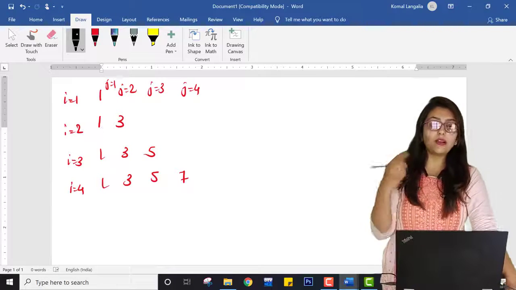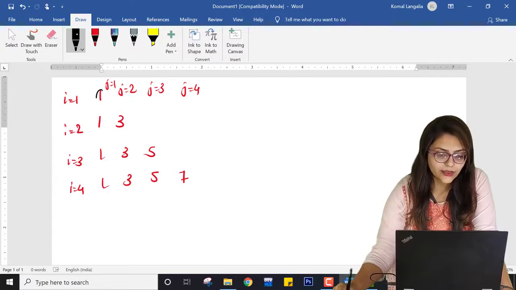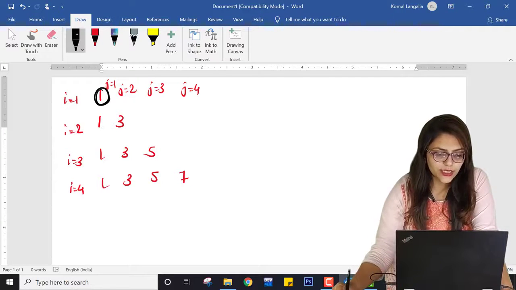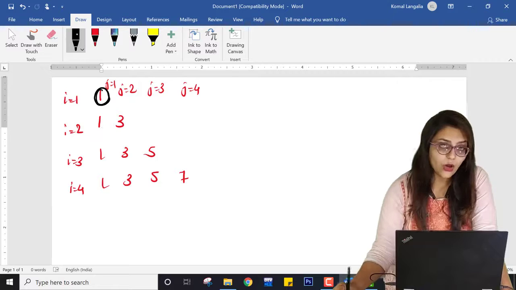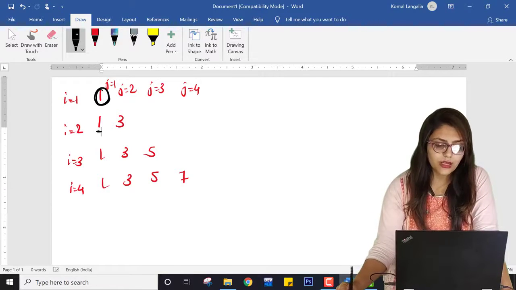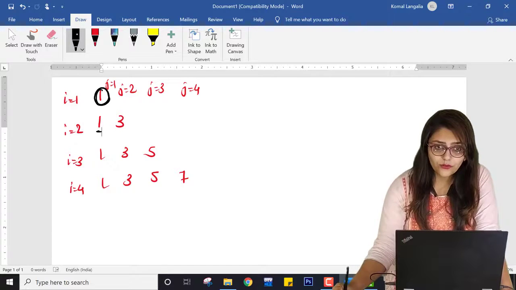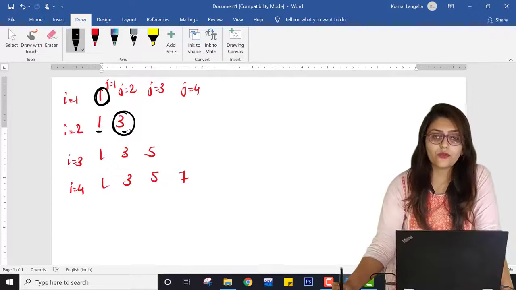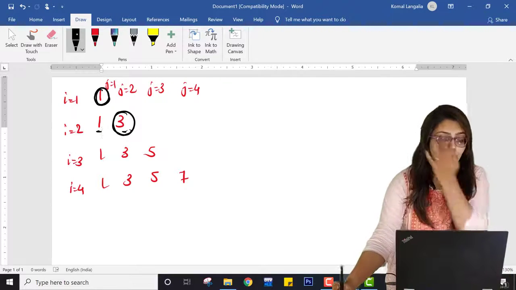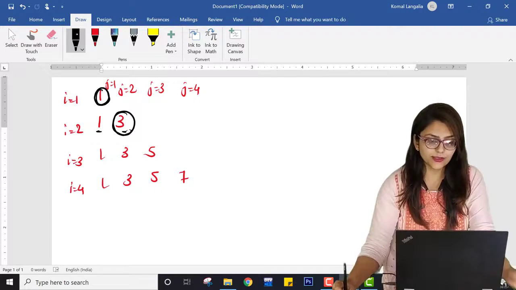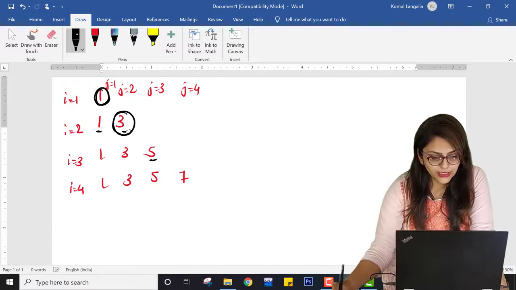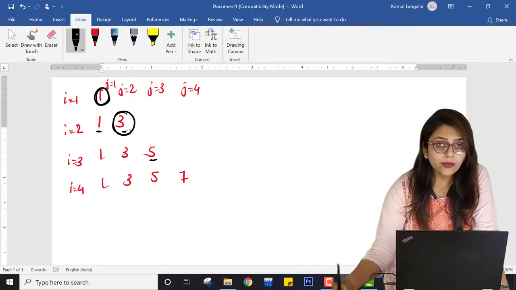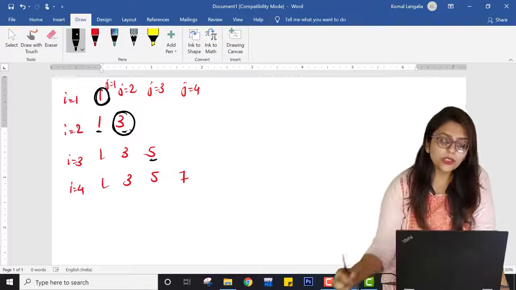Now you have to think of a logic: how can you get this 1 over here? At this stage I thought that it can be the value of i or j, right? At this stage I am assured that this is not the value of i because i is 2 now. So it can be the value of j. But here at this stage I assume that this 3 I cannot obtain either from i or from j. So I have to think about how I can find this series. Here I am seeing that it is just odd numbers. Now how can I derive these odd numbers?